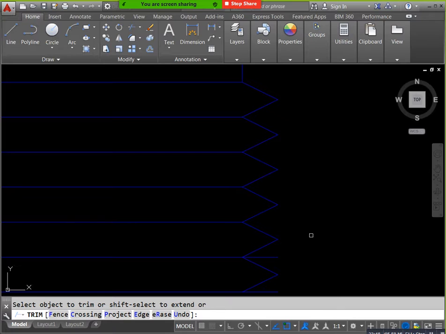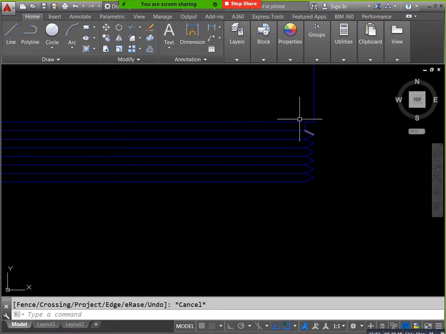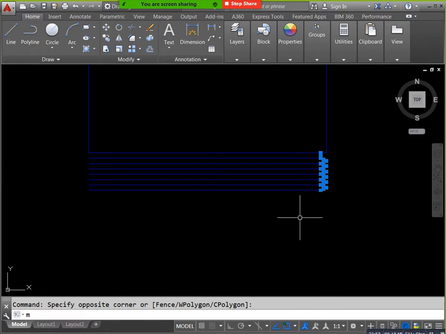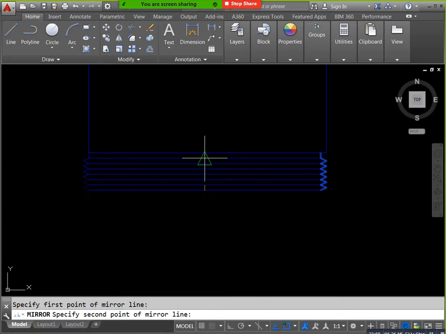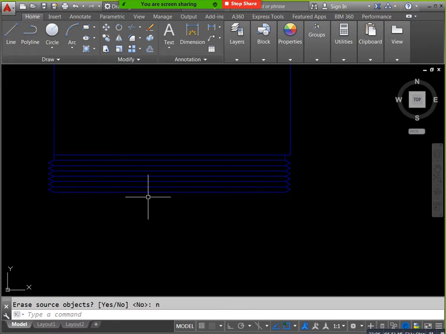Okay, for example, flexible connection purpose you need separately. Sorry, here we got error. Just you can come back. Okay, you can select this one only. You can do mirror by using this one, F8.